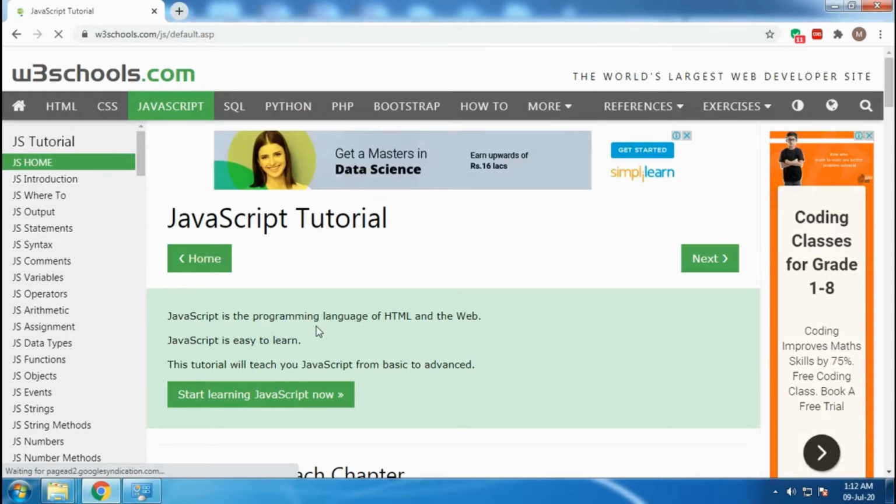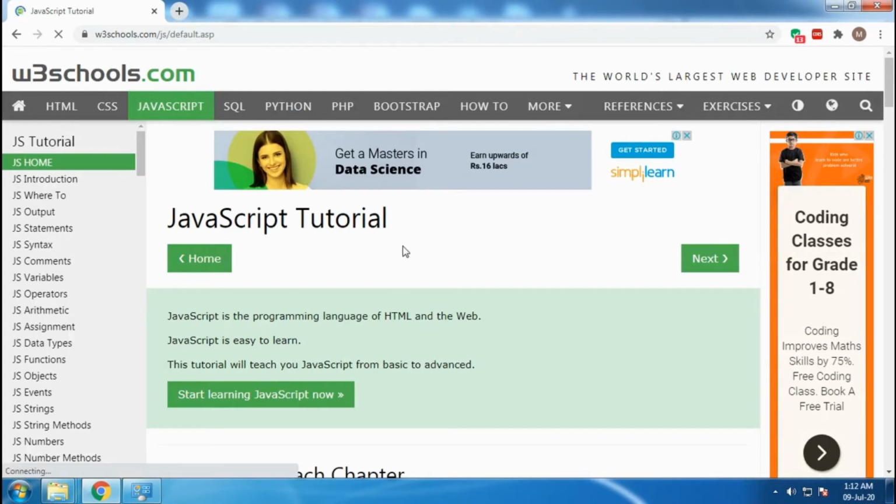Okay, so basically what does JavaScript do, here is the deal. This Chrome or any browser only understands HTML, CSS and JavaScript, nothing else.